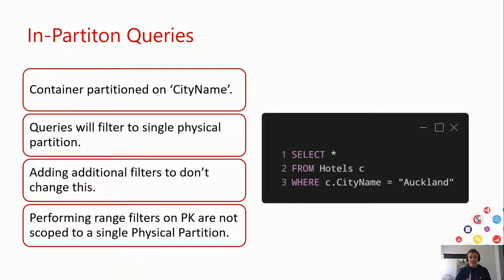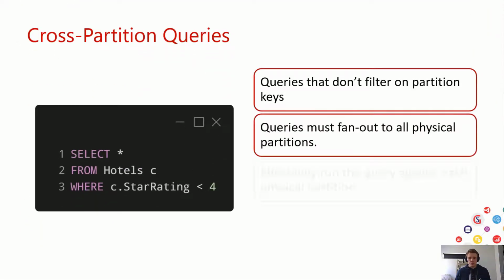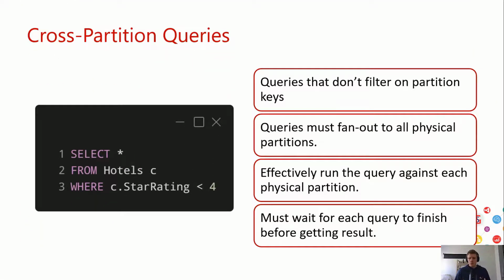Then this query wouldn't be scoped to a single partition. This will actually cause our query to be executed across multiple partitions, or what's otherwise referred to in Cosmos DB as a cross-partition query. Now, cross-partition queries are essentially queries that don't filter on partition keys. So if we